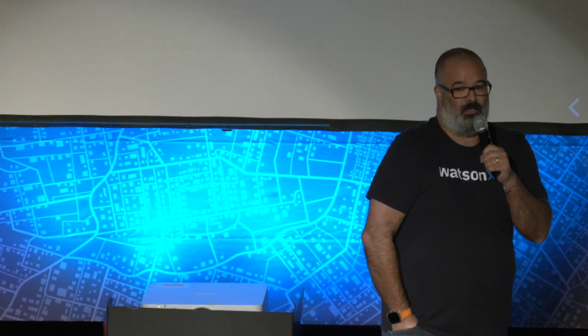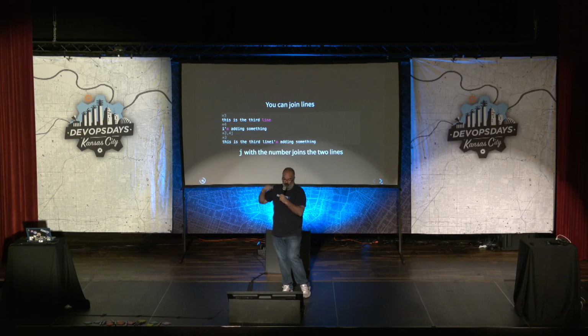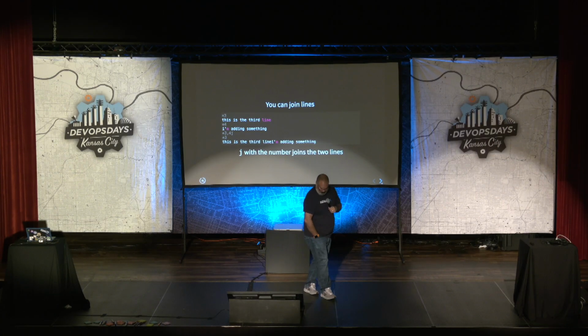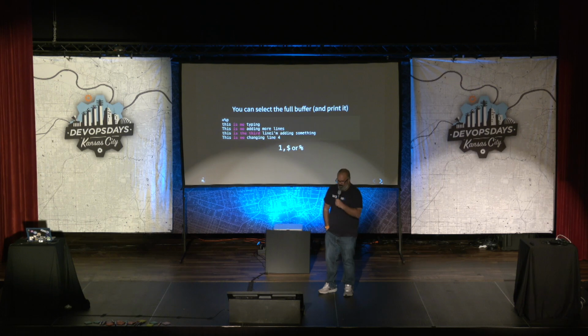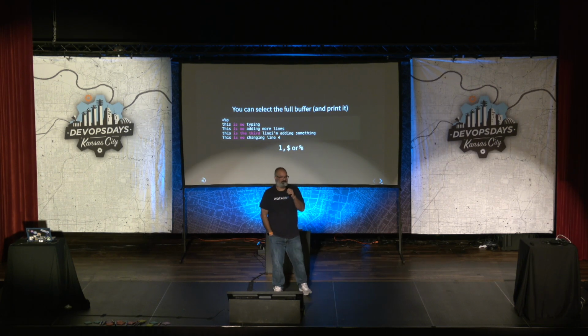Now, J, if you didn't know, capital J inside of Vim actually joins lines. That comes from influence here, where the J is joining lines. For instance, lines 3 and 4. Now, if you want to see the full buffer, which, by the way, it is called a buffer, so